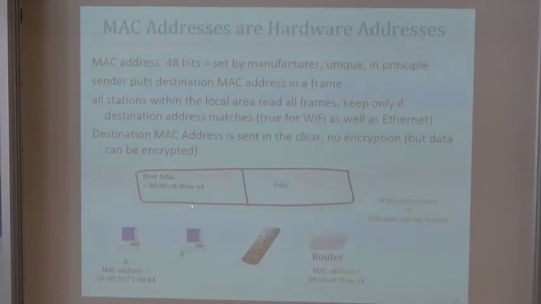A MAC layer packet contains a destination address, for the same reason as an IP packet contains a destination address. But the difference is that the destination address is a hardware address. Here it's written in hexadecimal, it's 48 bits, which gives all those hexadecimal numbers. It's a hardware address. You can program it if you want. We do that in particular in the lab when we have virtual machines. But in principle, when your smartphone or your PC comes, the Ethernet adapter has a hardware address. The Wi-Fi adapter has another Wi-Fi address. In principle, you don't change it.